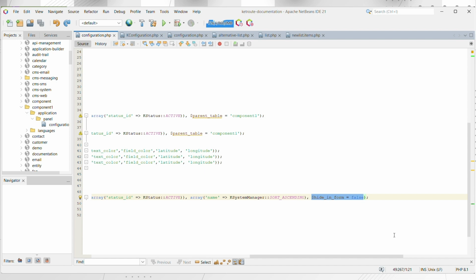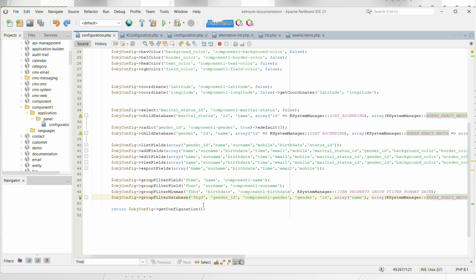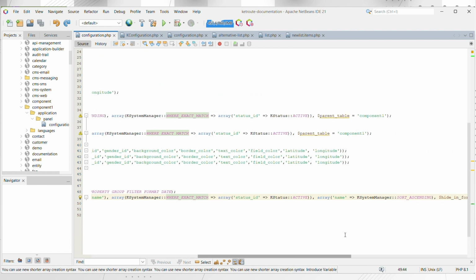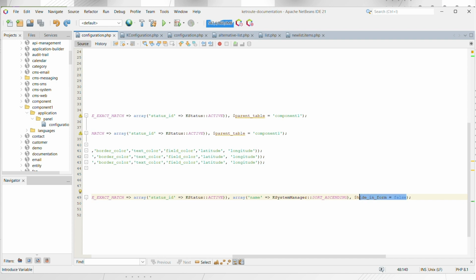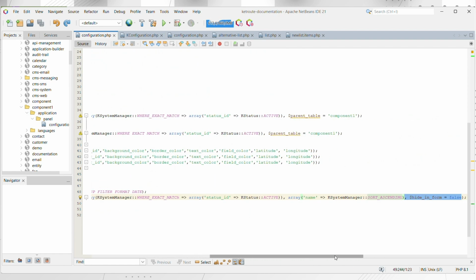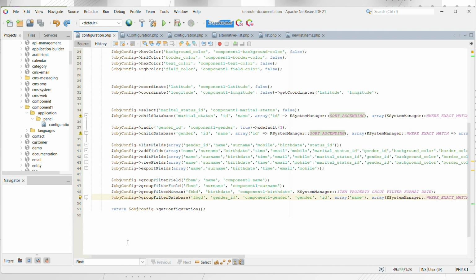Maybe in your test of component one, you will filter by customer, filter by CM, but you're not showing it on the form, yet you are allowing it to work for you. So in this case, for example, with the gender, I'm just quickly going to go to our